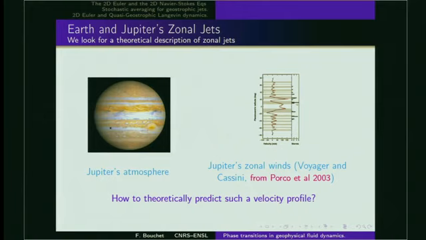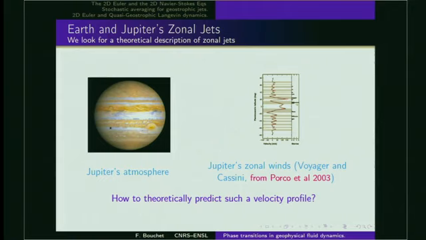So these bands correspond to the main flow flowing mainly eastwards or westwards, as you can see on this plot. What is plotted here is the velocity as a function of the latitude. And there is also this big feature here, the Great Red Spot, and some other features. So it is a genuine turbulent flow, but the phenomenon is really different from the one that has been discussed by David Ruelle this morning.